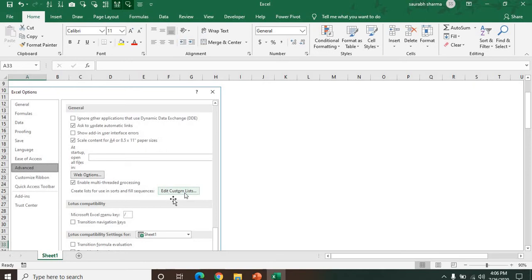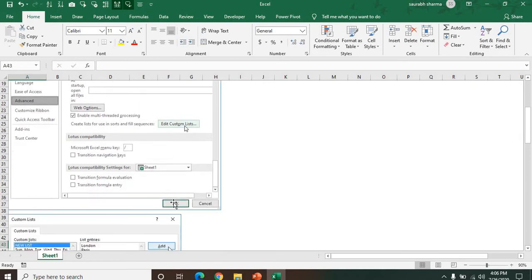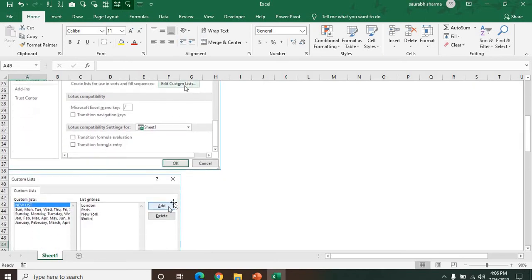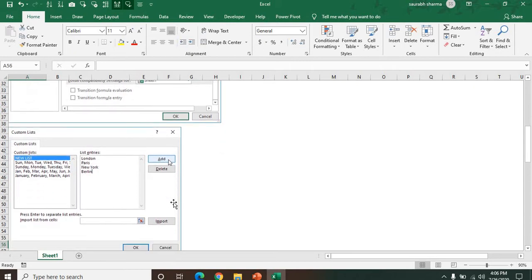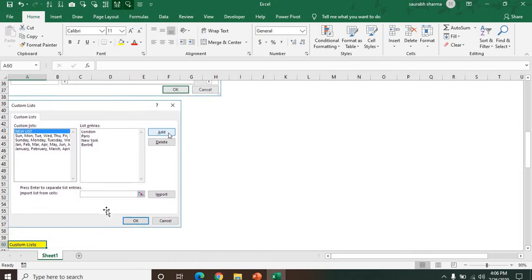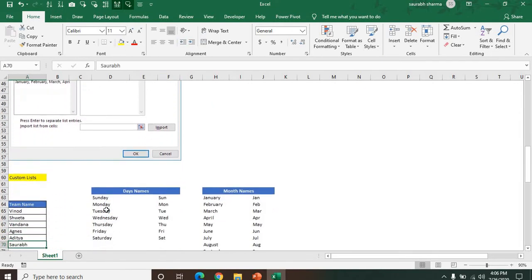This is the button for the custom list. Now you can see a box for the custom list is appearing here. Now you have to input your custom list, whatever you want to add to the list.